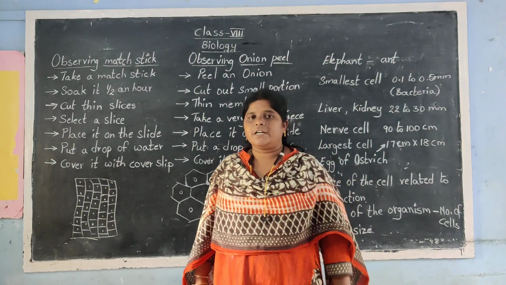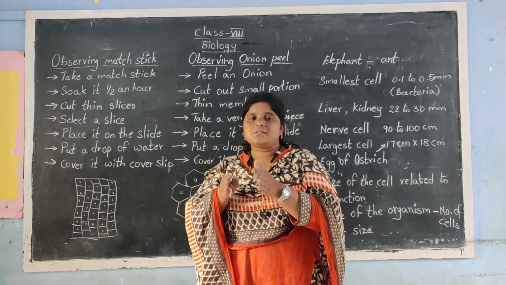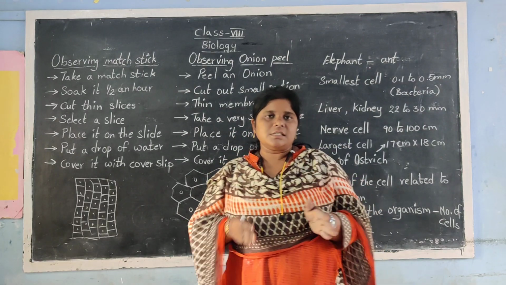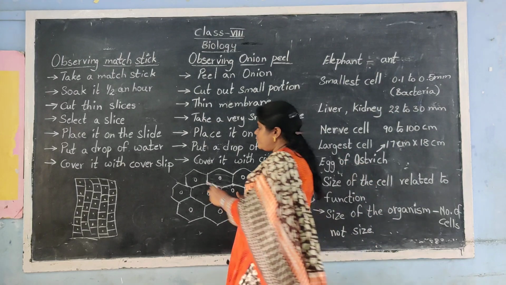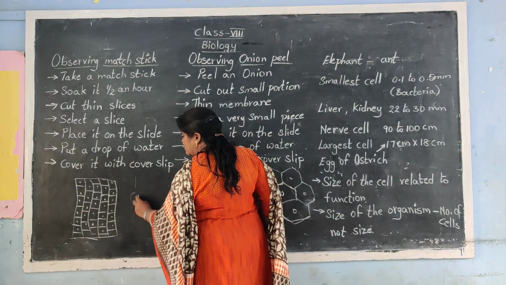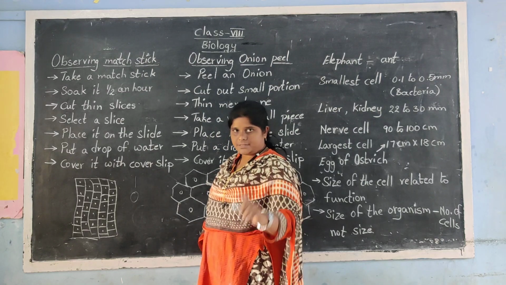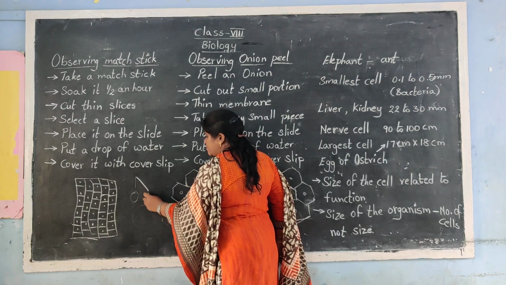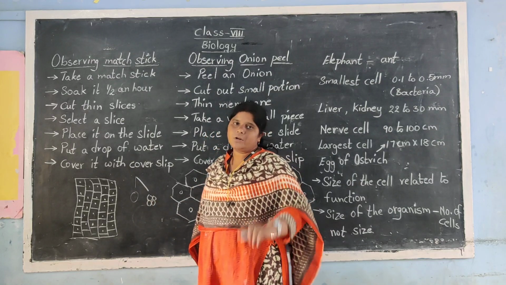Welcome back, children. Now, in the previous videos, we discussed different types of cells, sizes of cells, and shapes of cells, based on the cells present in their body. If a body is composed of one single cell, we have seen that it is a unicellular organism. And if a body is composed of more cells, it is called a multicellular organism.